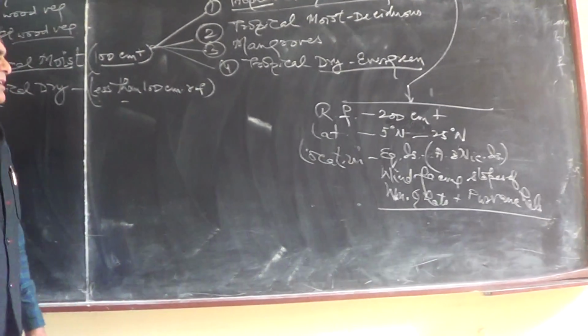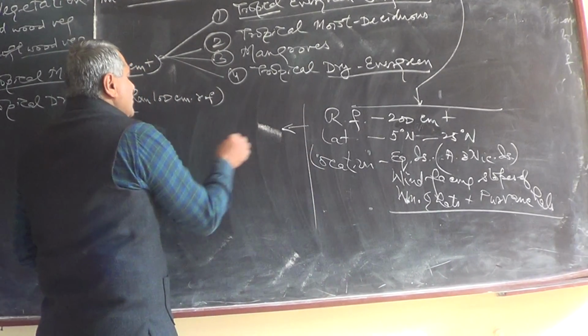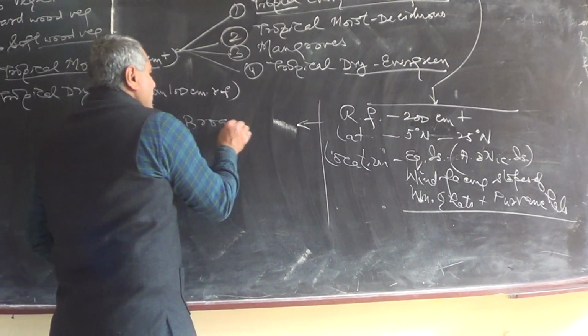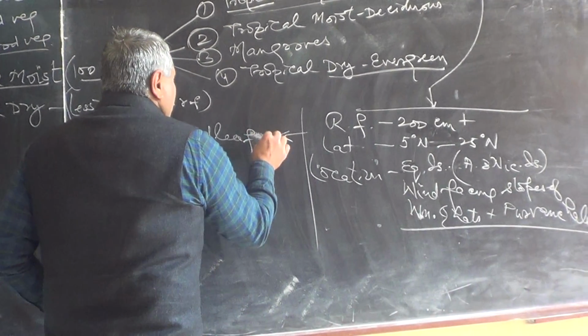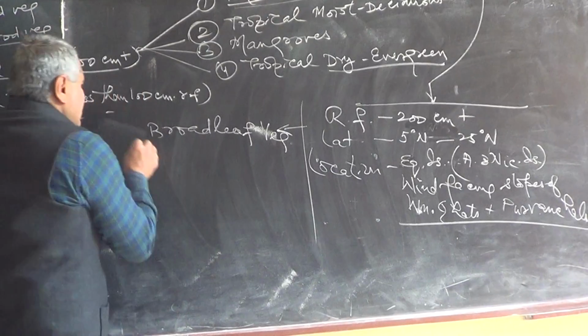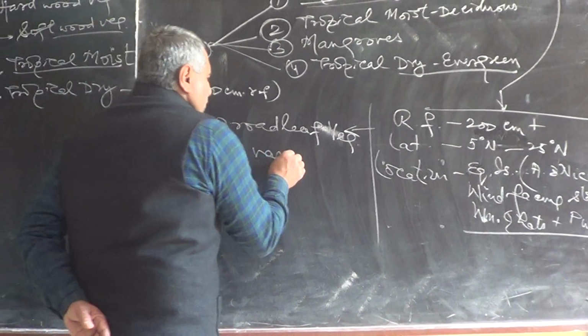So this is the reason all these are, you can say in the continuity, they are the broadleaf vegetation. This is maximum variety of